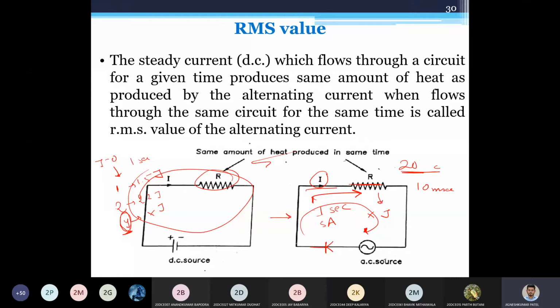So we are not going to change this circuit, we are going to pass the same current, but the only difference is we will pass a rectified current in this case. The current value would again be I sin theta, but this theta will only vary from 0 to pi. That's why the current flowed in this circuit would be lesser compared to the full cycle current. So we can match that.